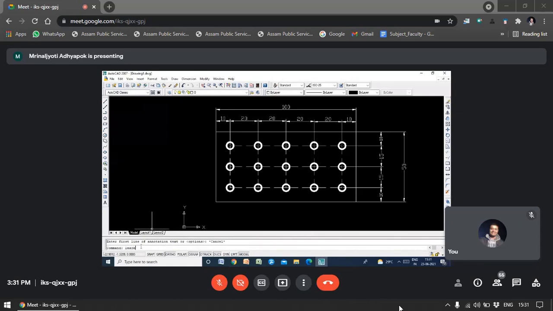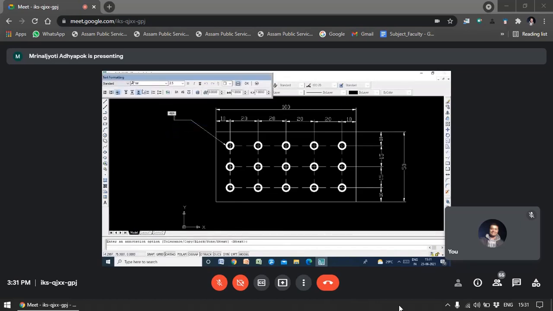Leader, then start point, ortho off, now ortho on, then press enter, then again enter.